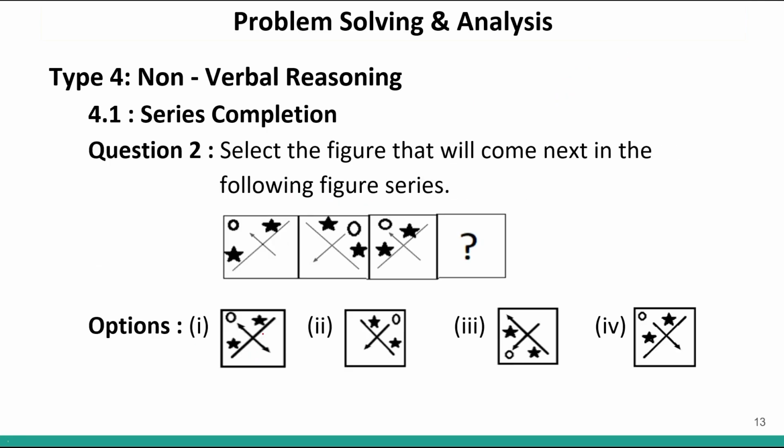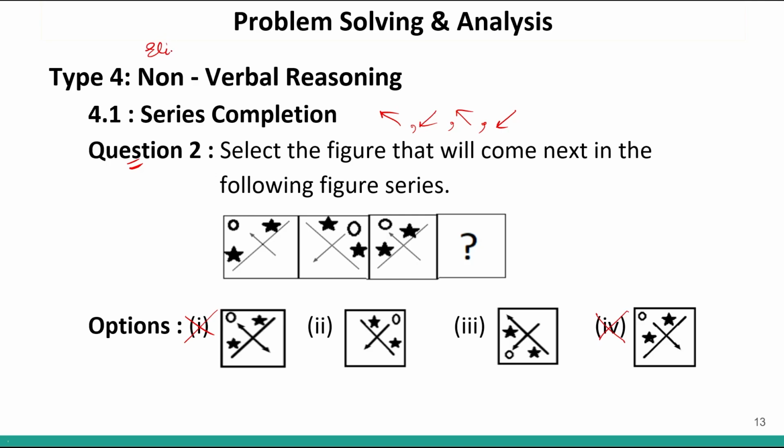Okay. Now, question number 2. Again, a question on series completion. We have to find out which figure will come over here. This is 1, 2, and 3, and we have to find the missing figure. Over here, let us look at the arrow. The arrow is facing outwards. Then it is facing here. Then outwards again. If I draw it like this, it is facing like this, then this, then this. So naturally, the arrow will face like this again. So we get option number 2 and 3, and we eliminate option number 1 and 4.